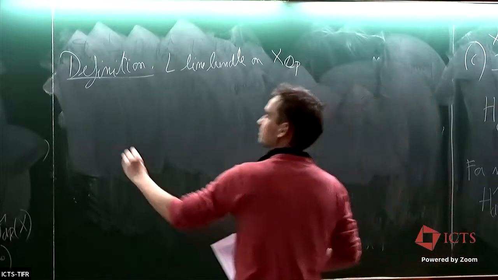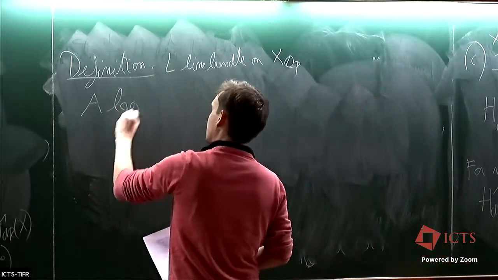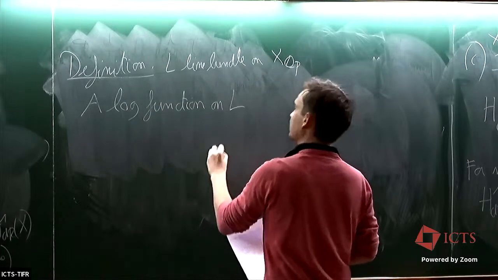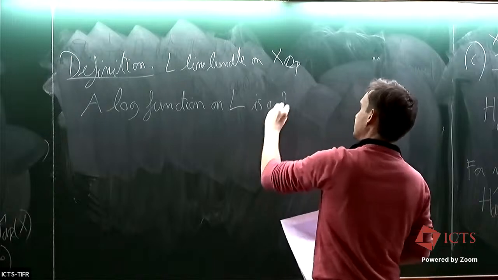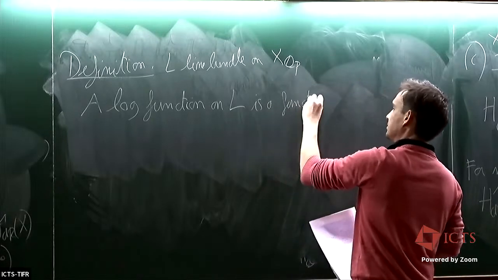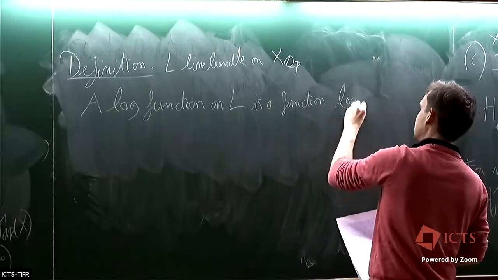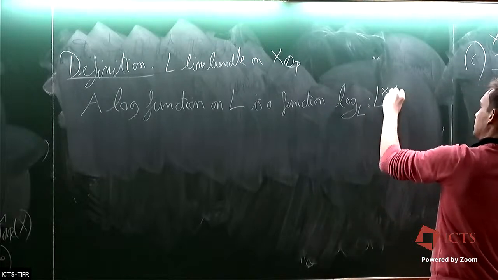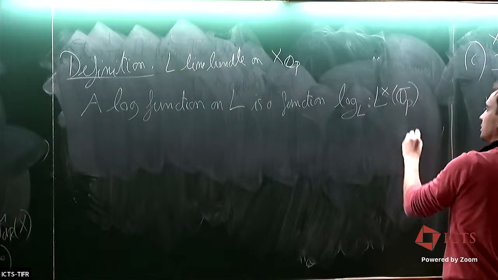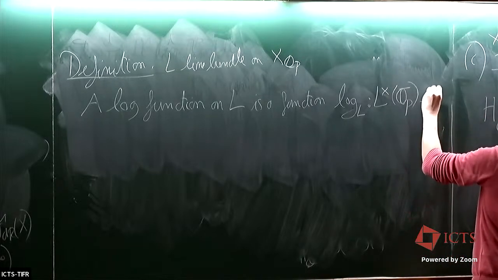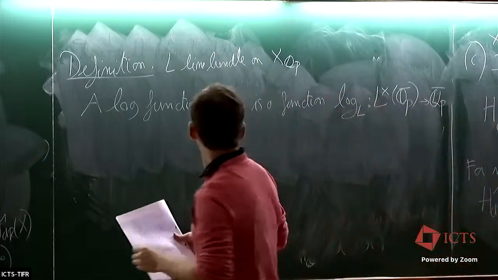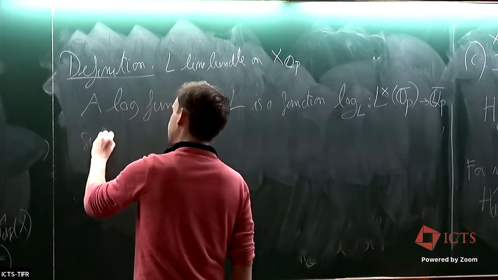A log function on L is a function, log subscript L, playing the role of the height I want, from L star of QP bar to QP bar, such that,